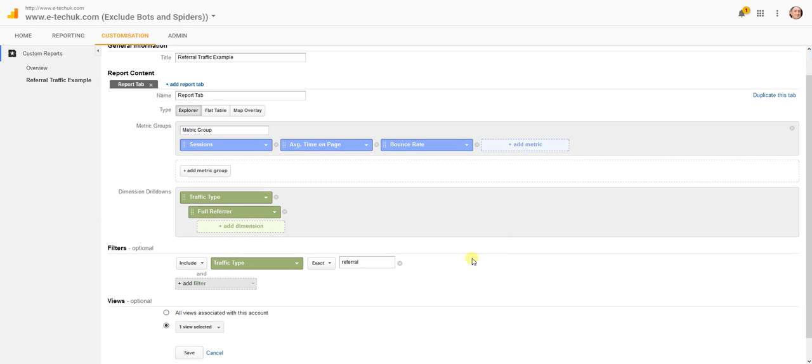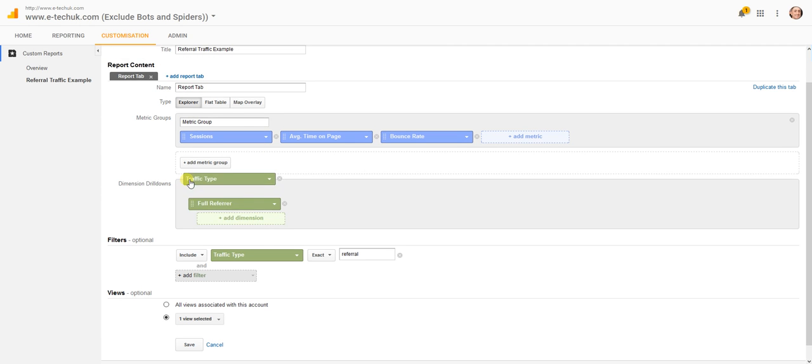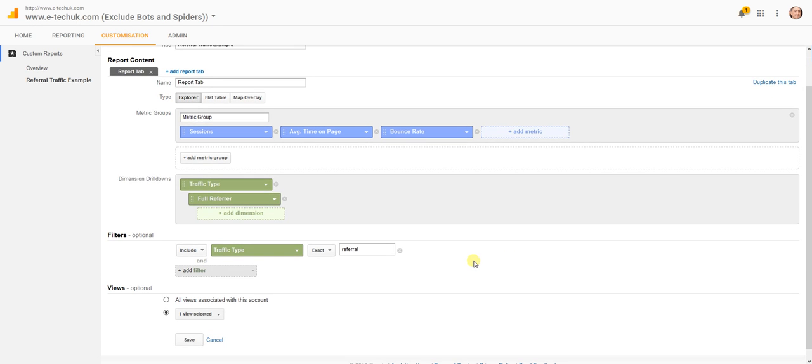So hopefully that will give you a good idea how to do this. The only other thing I would mention is, in here, I know that I wouldn't want to change these around for this example, but you can move this data up and down. So you can go different levels down, quite a few different levels down the hierarchy of different data you want to see. Hopefully that will give you a good example of how to set up a custom report in Google